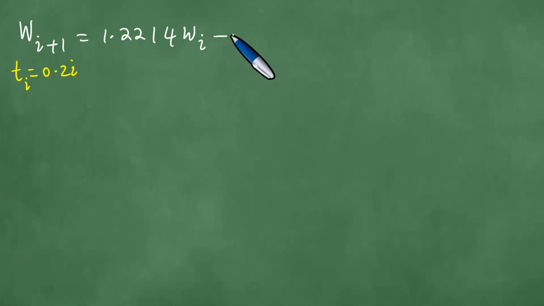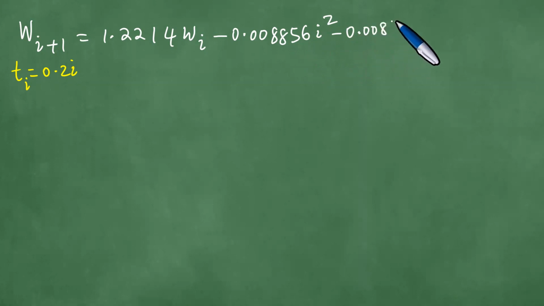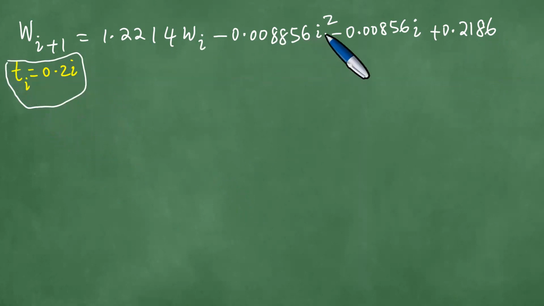So that's going to be exactly minus 0.008856 i squared minus 0.00856 i plus 0.2186 for each. Okay, so this one is what allowed us to just have the i here. We would have kept the T_i, and then we were having T squared, but there's just that difference. If this is true for each,